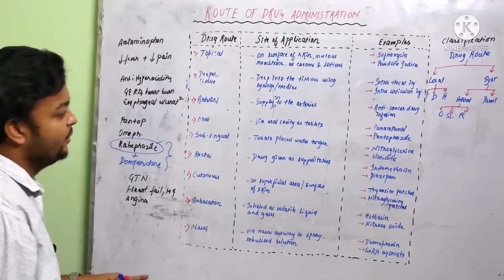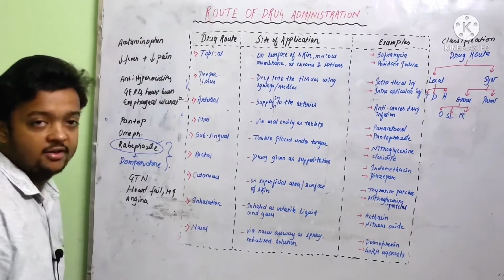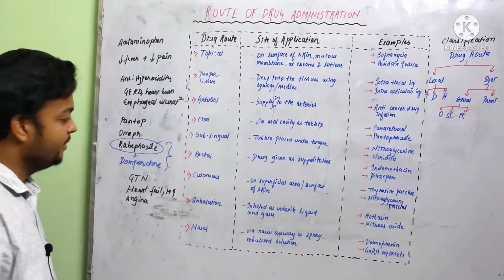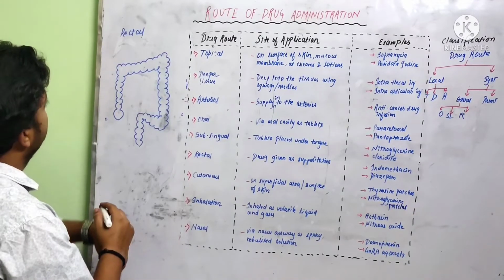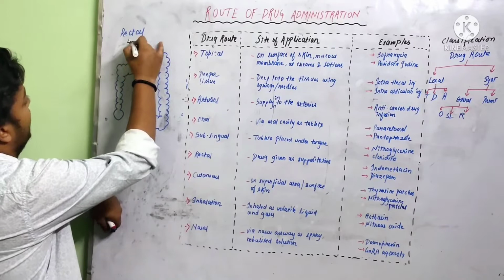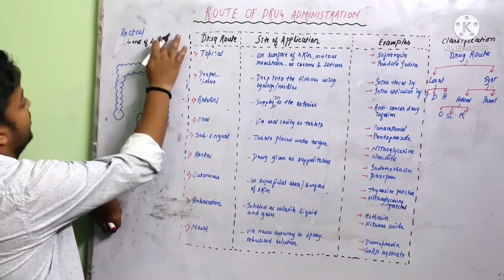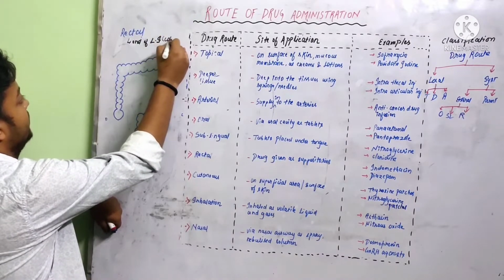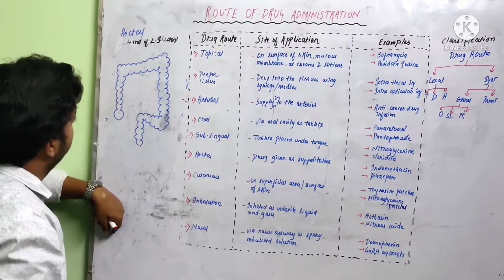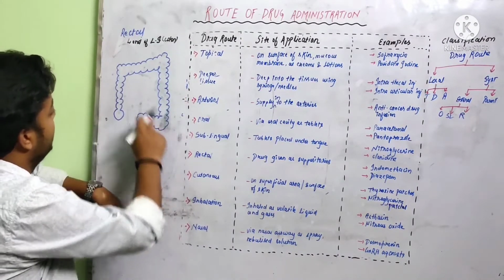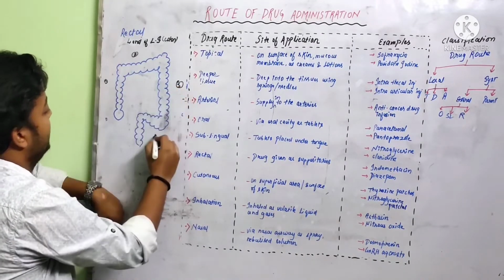Okay. So guys, next we have the rectal route of drug administration. Rectal and anus are two contrasting words. You should not confuse both of them, right? So let us have a quick discussion on the rectal route as well. Rectal means the end part of the large intestine. The large intestine is also called the colon, right? I may divide this into a variety of parts because we have a variety of parts here, as you can see. Part number 1, 2, 3, and then we have 4.